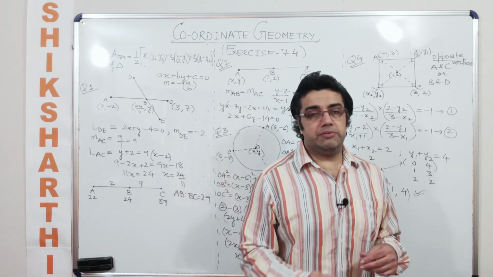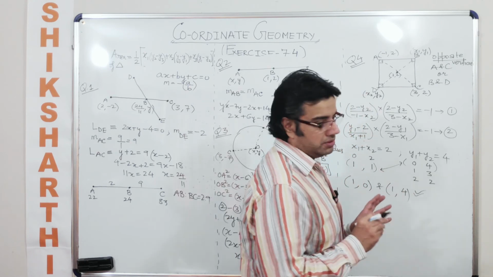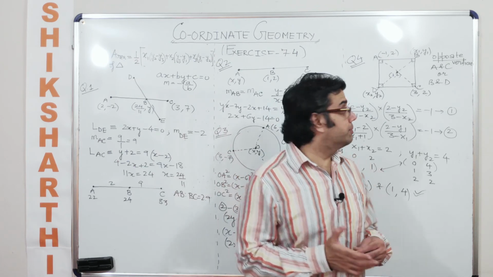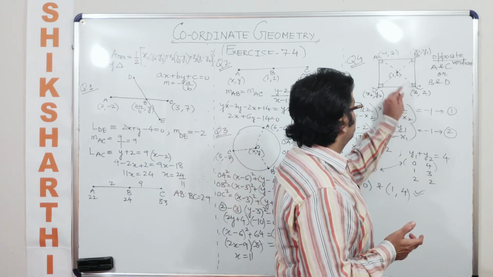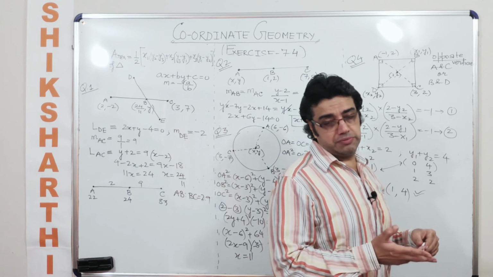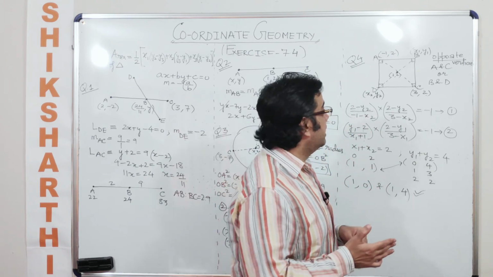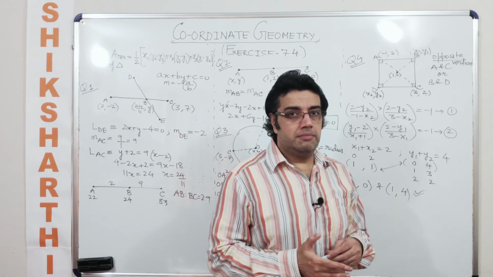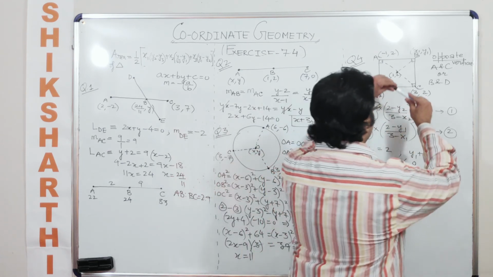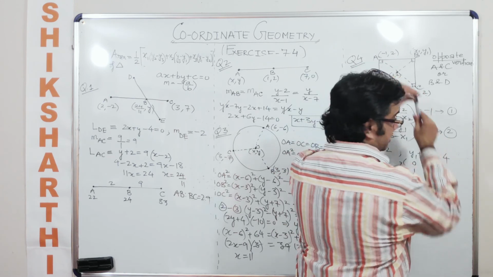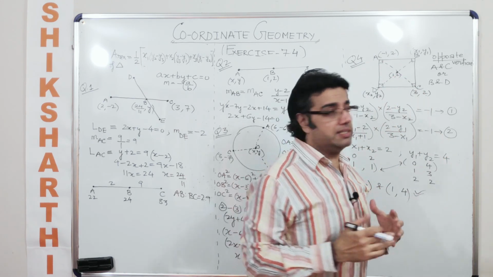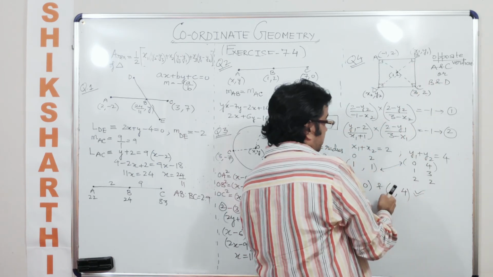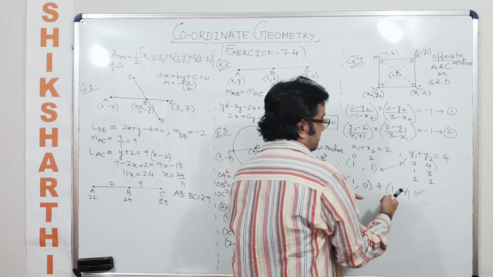Though I would still say that when it comes to the language of this question, it is slightly making me go awry, because they say that these are two opposite vertices, and I am slightly skeptical, because if there are two opposite vertices of a square, how can their y component be the same? Can it be the same? It can be the same, because I want to complete this discussion since we are looking for complete and correct solutions. So can I have two opposite vertices wherein their x components and y components can be the same?